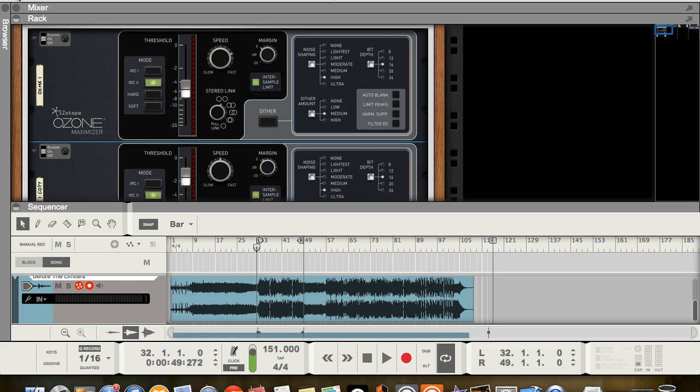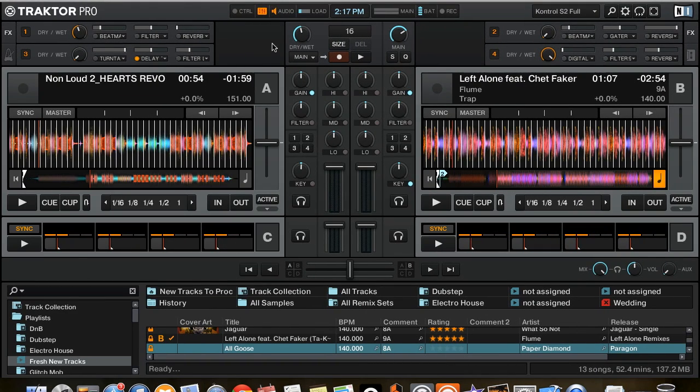So what we're going to be doing is opening up another software called Traktor, because the waveform displays it has will help us show you this problem a little bit better. Alright, so let's go ahead and open up Traktor. Alright, so on the left we have my remix before I applied this limiting tip. It's pretty small, as you can see right here.